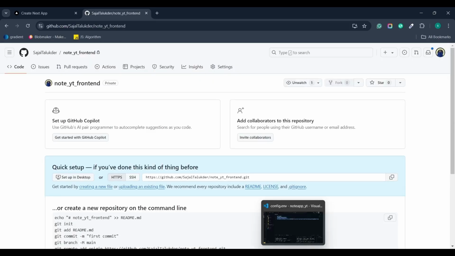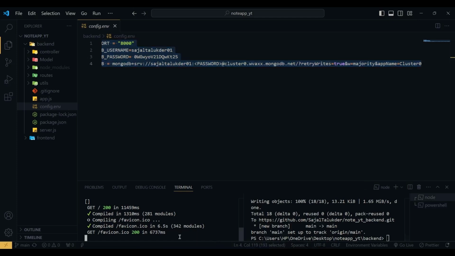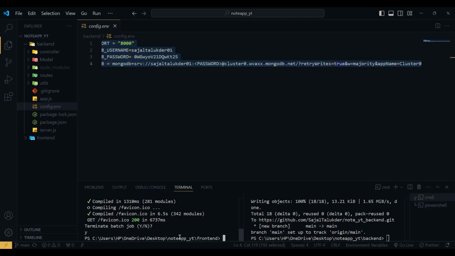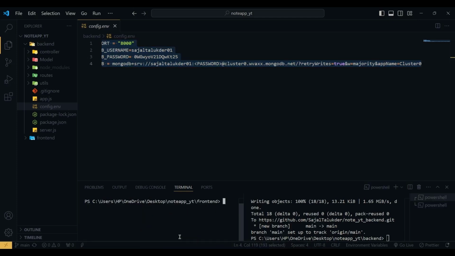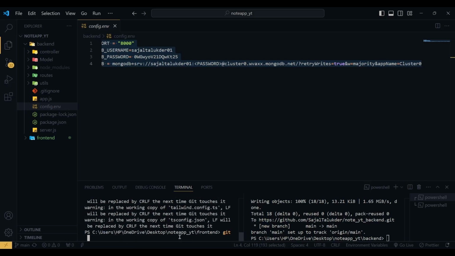Next go to your code, and in the front end stop the server, and then use git init to initialize an empty git, then use git add dot to add files, then git commit, and the commit message will be node frontend,